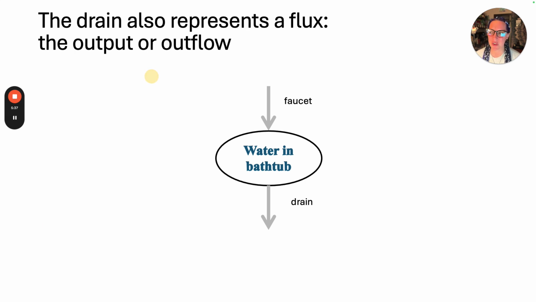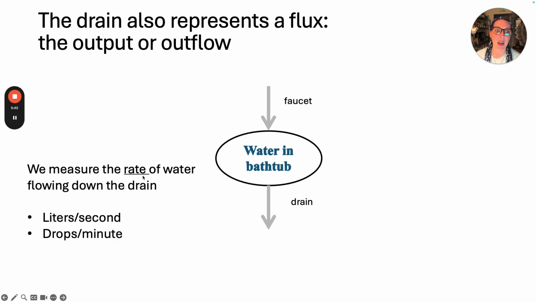So of course the drain also represents the output or the outflow. So again, that would have to be considered a rate, just like the influx. Outflux, outflow, or output is the same. And if you were to compare the faucet versus the drain, or the inflow versus the outflow, you have to consider the same